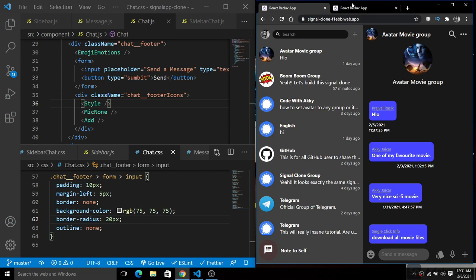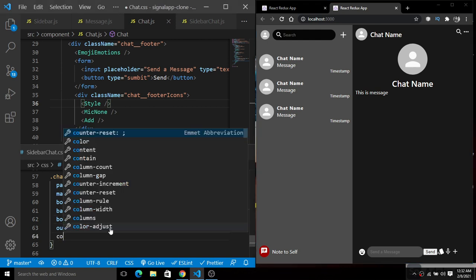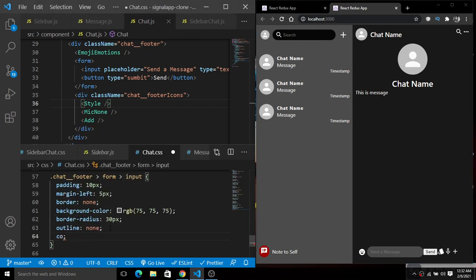Got it? Okay, I think it is 30 pixels. I think so, 30 pixel. So rounded border here. Fine. So we have this border. Got it? Next we are done with this. Okay, so simply change the color to white. So simply give the color to the white. Now save this. Color to the white here. Okay, so we have these things here. Next we have emote icons also here.